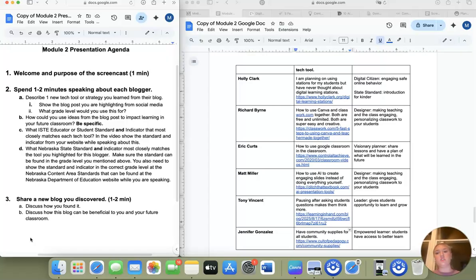Today our assignment was to go through blogs and pick apart different educational resources and how we could use them in future classrooms. Then we had to look at what standard each would fit in, whether it was a student or a teacher standard. So we went through different blogs. I highlighted what stuck out to me most and what I would personally use in my classroom. So let's start off with